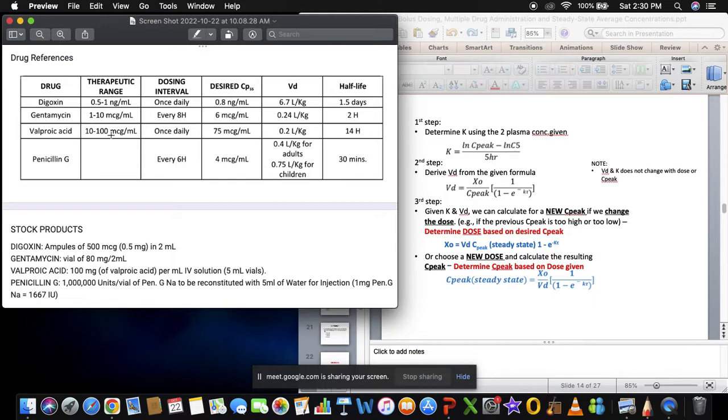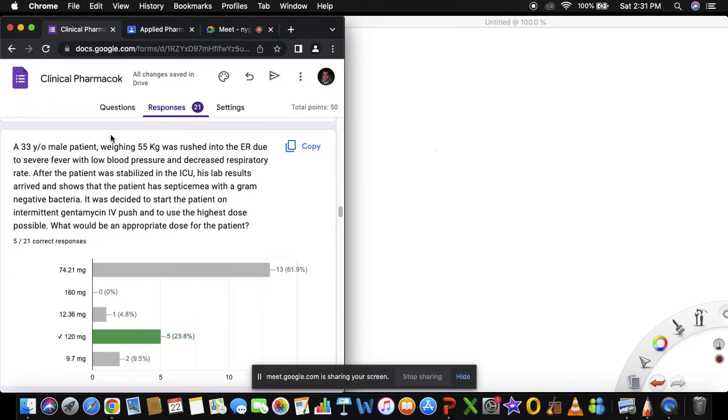Okay? Pero basically, class, gentamicin kasi is very effective against gram-negative bacteria. Pen-G, on the other hand, kasi is more effective against gram-positive bacteria or any bacteria class that contains cell wall. Most of the time kasi class with gram-negative bacteria, they don't have cell walls. They have mostly your cell membrane. So, gagamit lang tayo ng gentamicin, which is an aminoglycoside. So anyway, in this case, class, it was already decided that the patient will be started on gentamicin